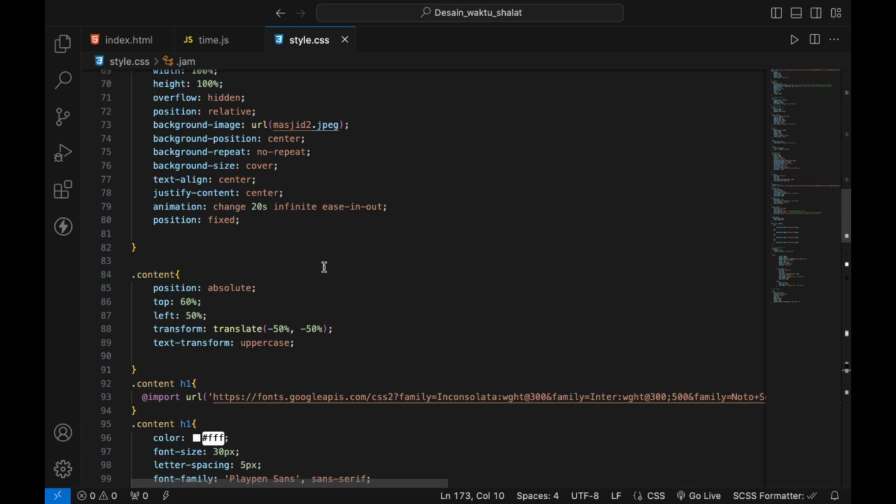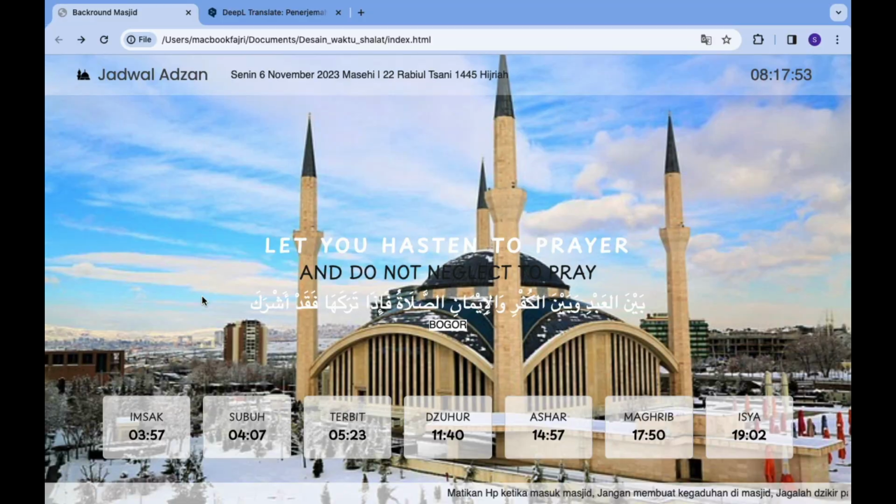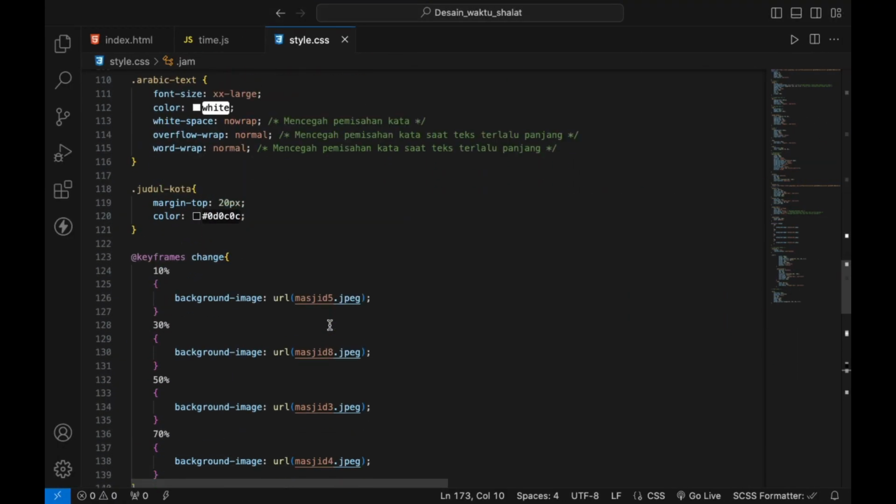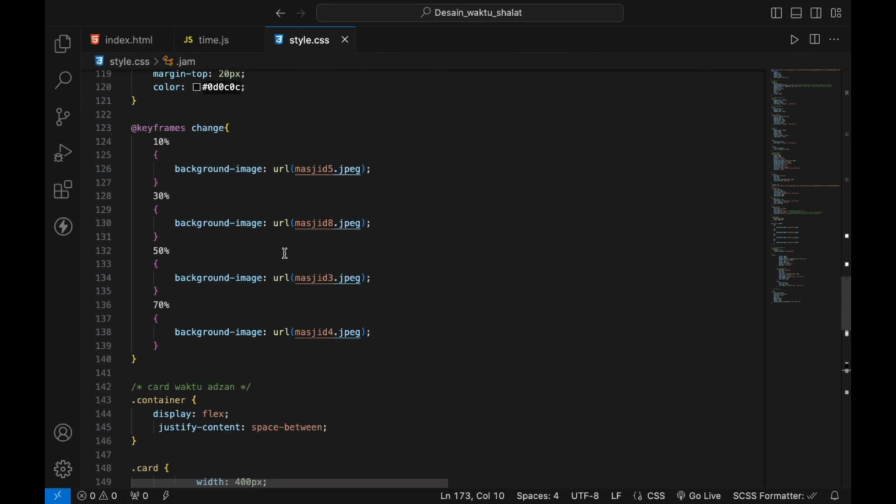Okay, and then for the image in here, I make this keyframes change.